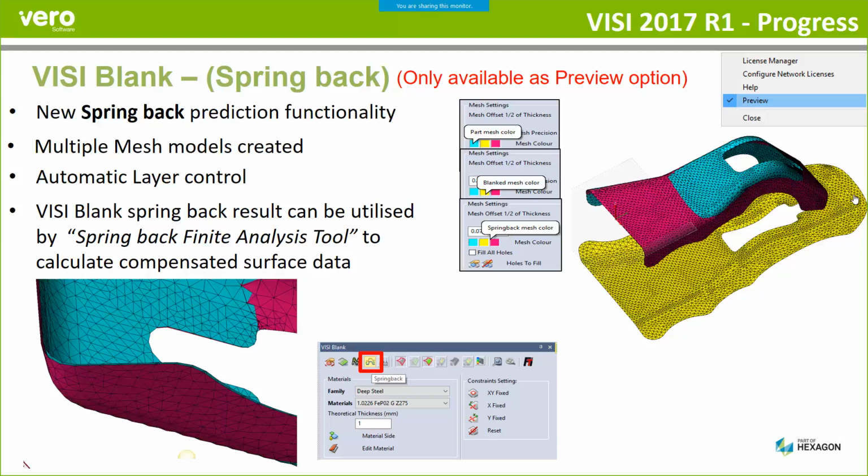So when you're using a blank, you've got a number of new options within the Springback. So it calculates multiple models, so it creates mesh models of the blank, the original component, and the Springback component. So calculating Springback of the part. It adds